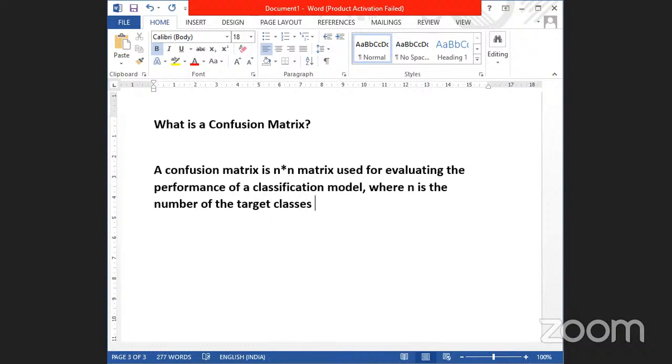So the confusion matrix is an n into n matrix used to evaluate the performance of a classification model, where n is the number of target classes. The matrix compares the actual